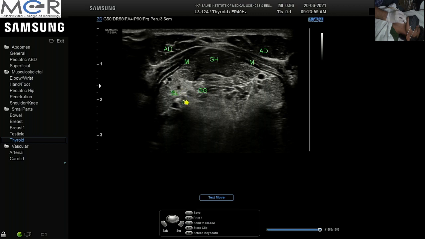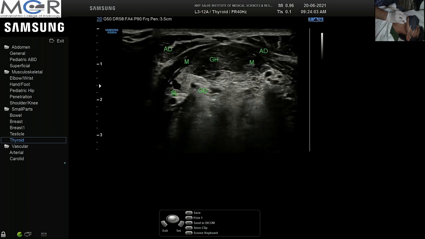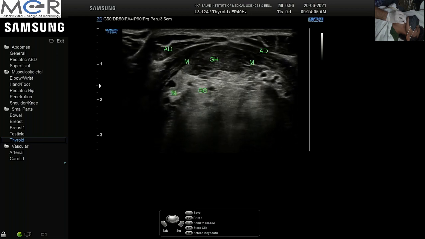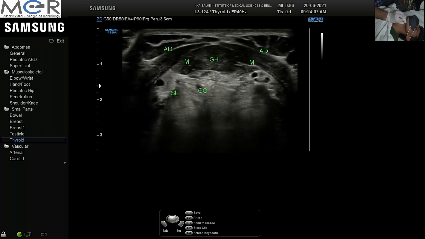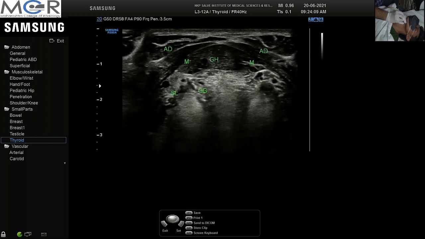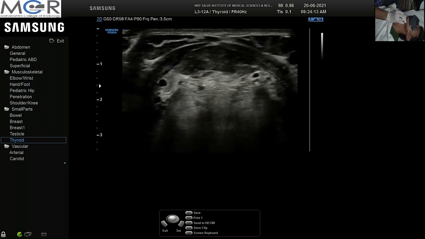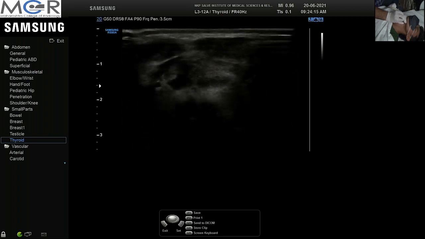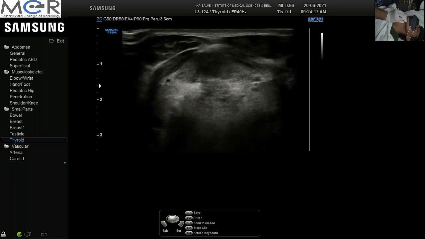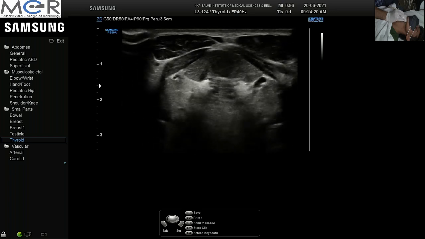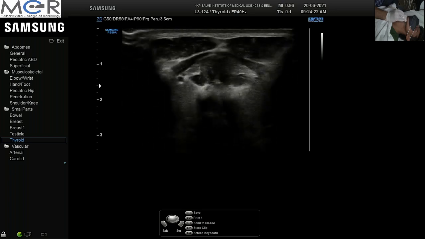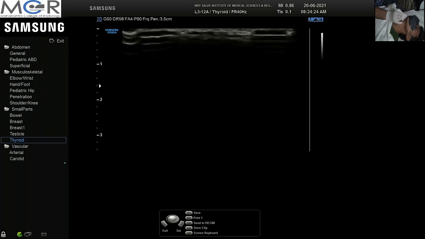Remembering the muscles is very important, because the muscles act as landmarks. They tell us where our probe is, and hence they tell us where the lesion is. So this is the axial scan, or transverse scan, of the submental space. If I keep the probe longitudinal in this space,